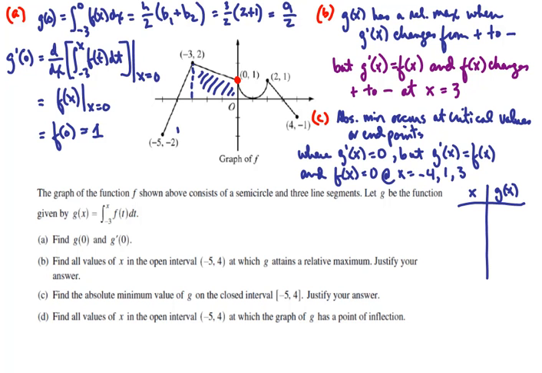We take those critical values along with the endpoints and we plug them back into the original function g of x. Now we've already determined that at x equals 3 there is a relative maximum, so that can't be the absolute minimum. And for x equals 1, since the function g, the area under the curve, is increasing all the way from -3 to 1, that can't be a relative, it can